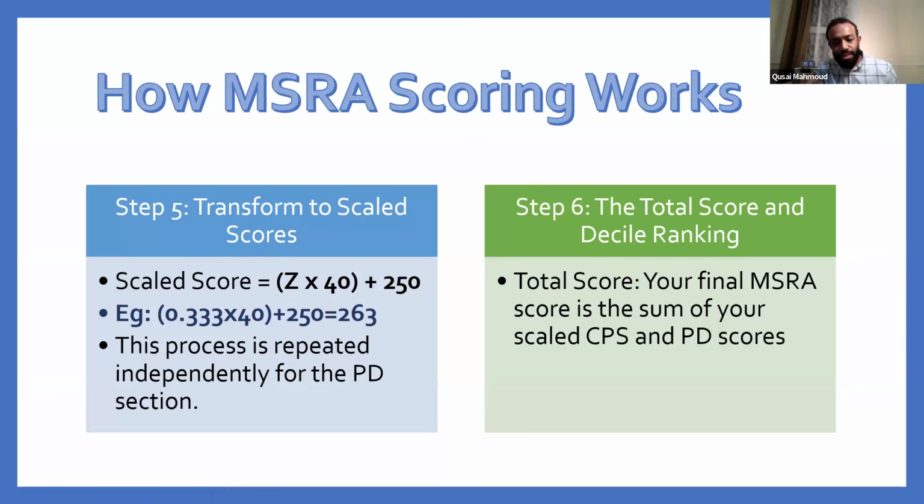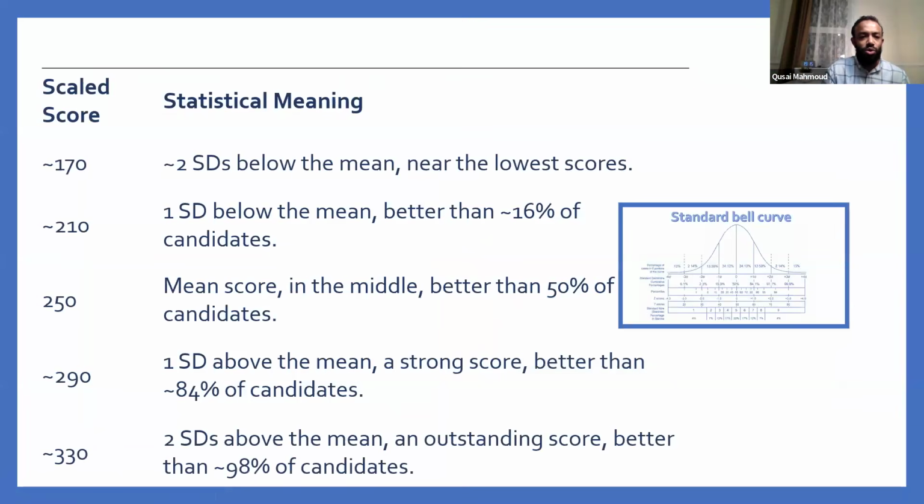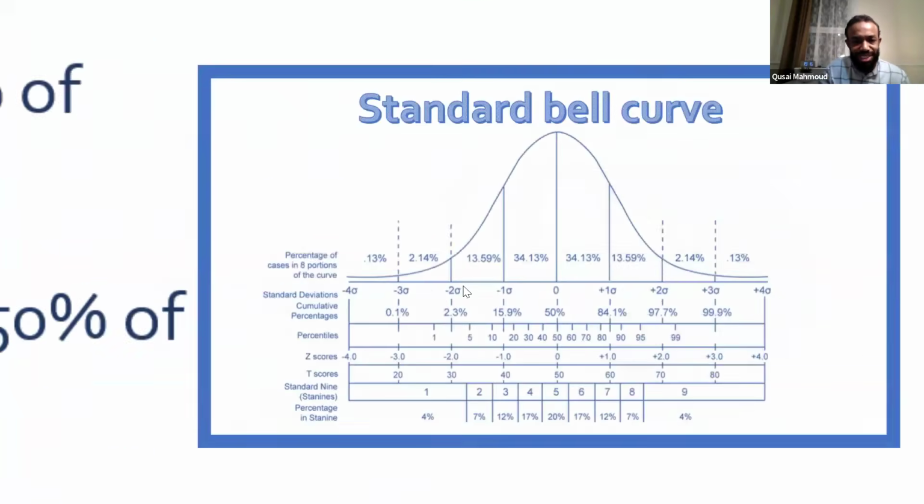They will repeat the same process with the SJT. And your final score would be the sum of both. So if I scored 170, that means I'm scoring 2 standard deviations below the average, because 1 standard deviation is 40. Now I'm scoring 240 is less. So that's why my score is 170, which is very, very low. And if you are scoring two standard deviations less, you will be here.